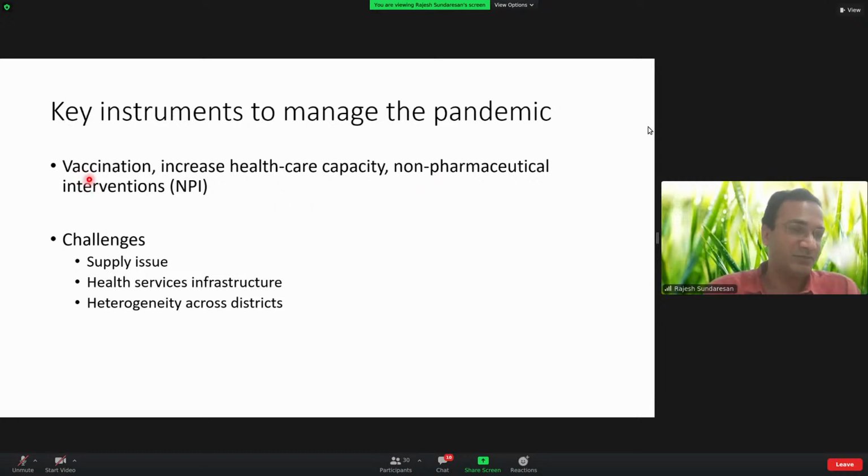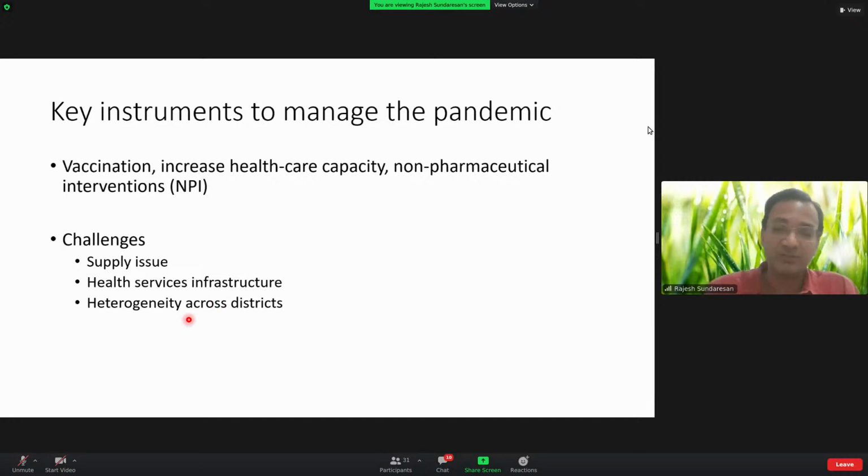For example, for large-scale vaccination, we know that there is a significant supply side issue. Increasing healthcare capacity cannot be done overnight. I think many of us have had family members or friends who have struggled to get a hospital bed in the recent wave. And there is also another problem that we would like to look into, and that is heterogeneity